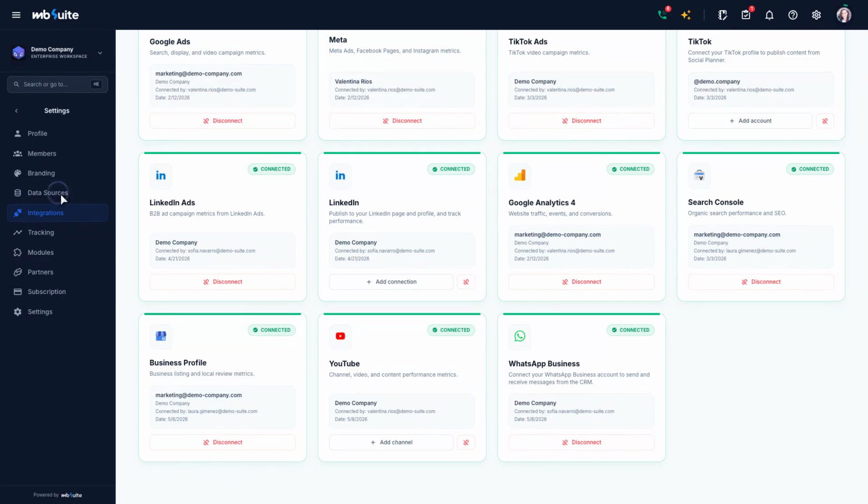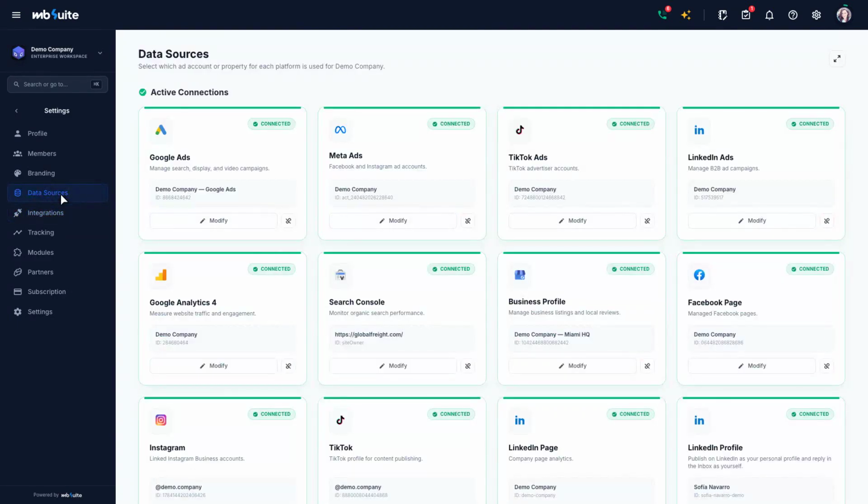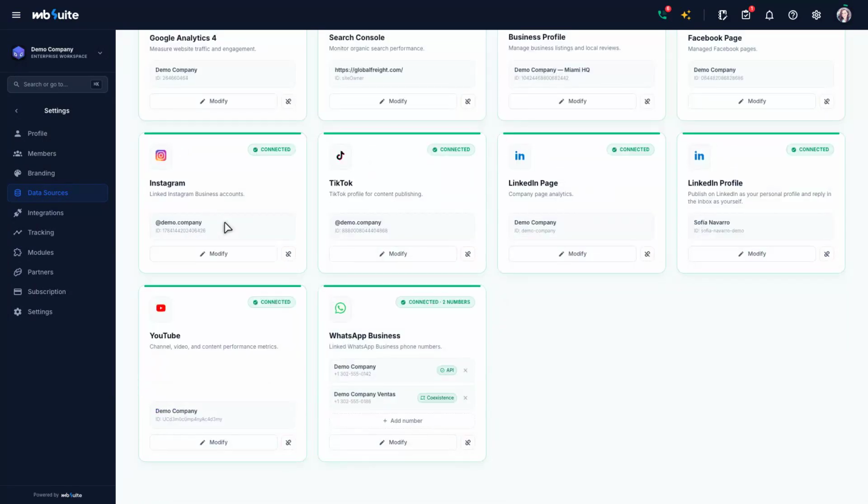Here's the second step: data sources. Once a platform is connected, you almost always have access to several accounts or properties. Think of an agency managing 20 Google Ads clients under a single login. On this screen, you pick exactly which one to use for this workspace, which Google Ads account, which Google Analytics